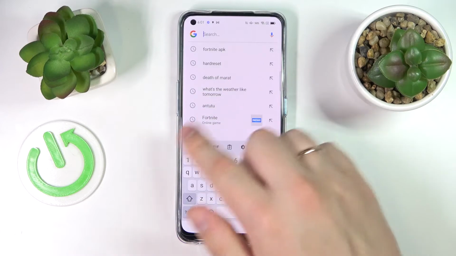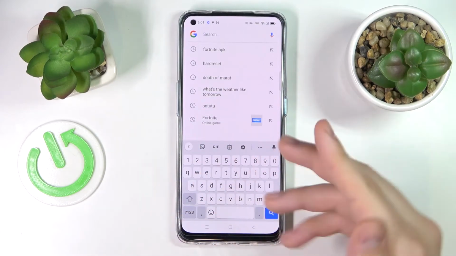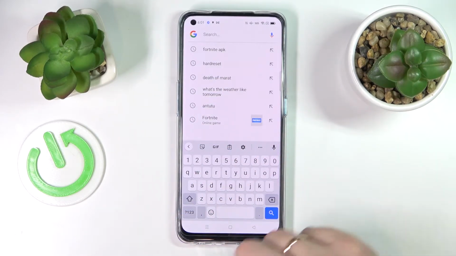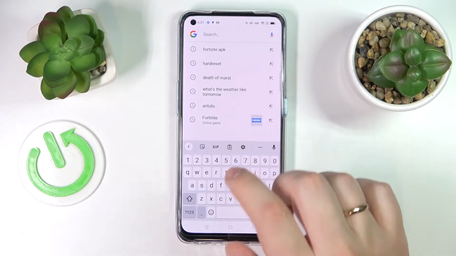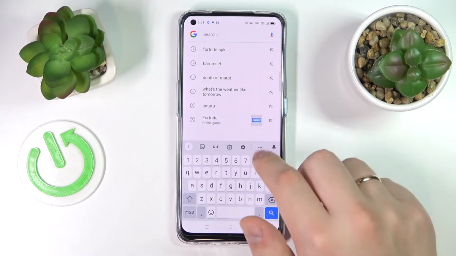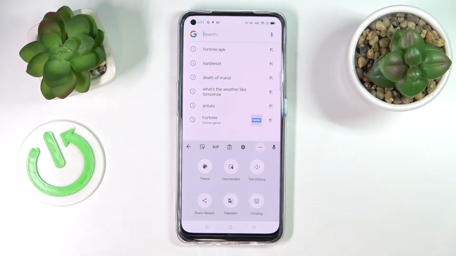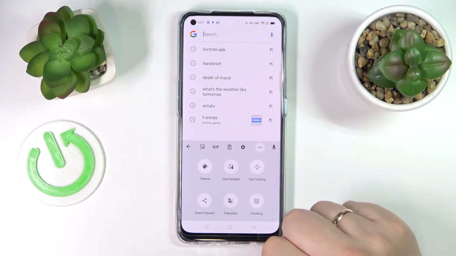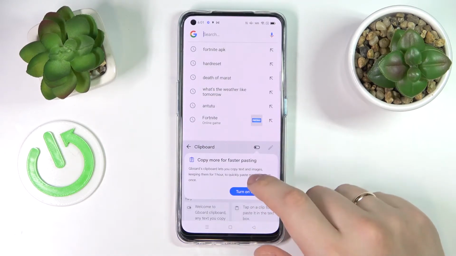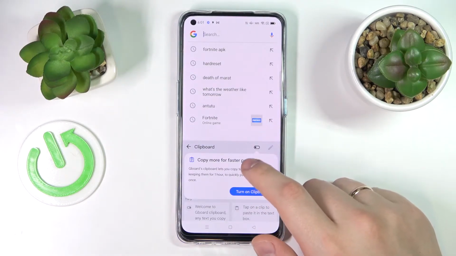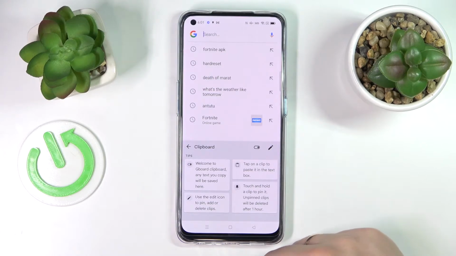Next, at the top part that contains all these icons and features of the Gboard keyboard, look for this particular icon. If it is not right here, just tap on these three horizontal dots in order for the full options menu to be opened. Next, just go for the clipboard page, turn on this toggle in order for the keyboard clipboard to be